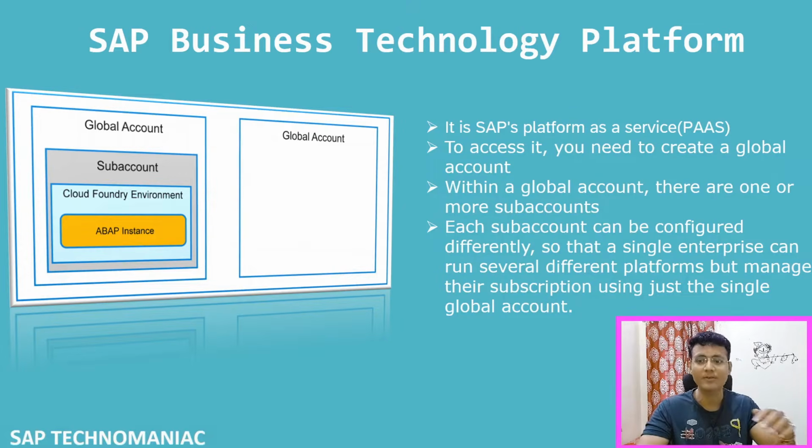You can have within the global account those sub accounts. For example, one company bought one global account and they have different systems like production system, quality system and development system. For each thing they can assign a different sub account. Like that they can organize their sub accounts. So within a global account we can have one or more sub accounts, and in each sub account we have